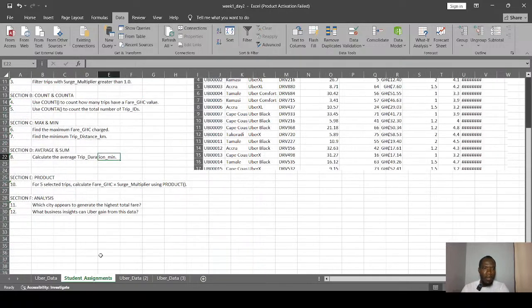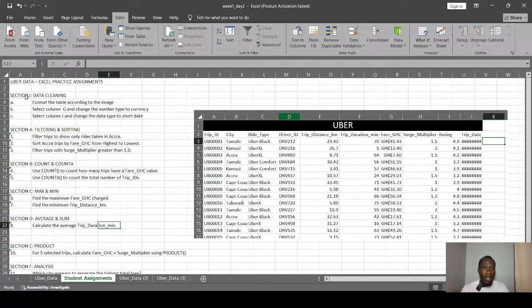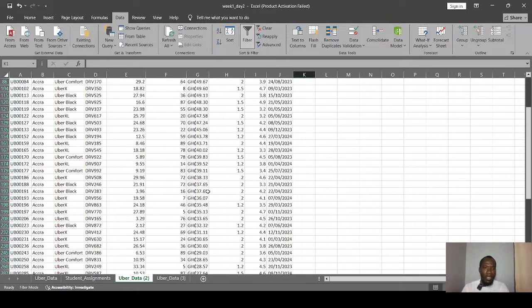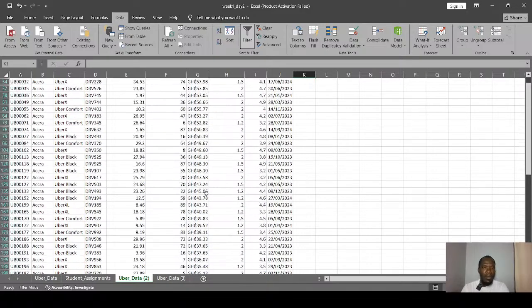When we look at the assignment questions, after the formatting part, and we look at the filtering and sorting part, we are supposed to do the filtering and the sorting on one sheet. You just open one sheet and you do your filtering and sorting here.